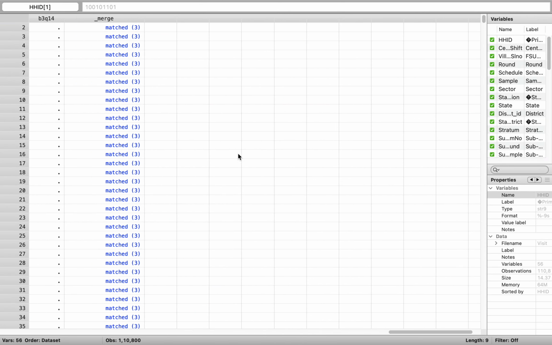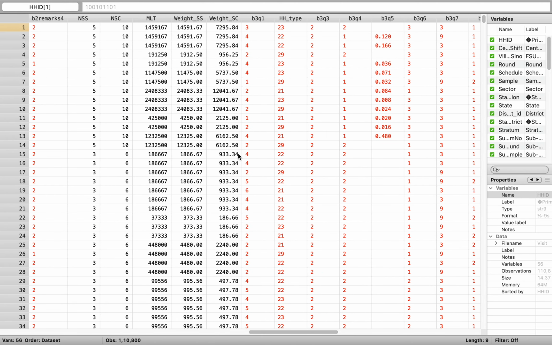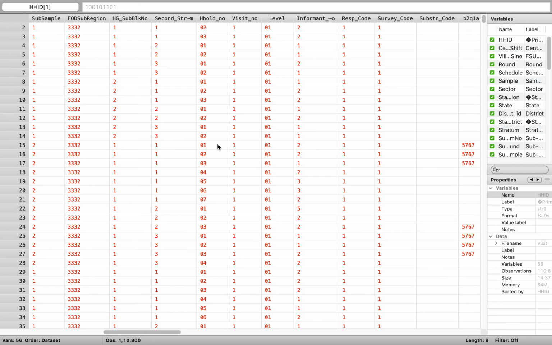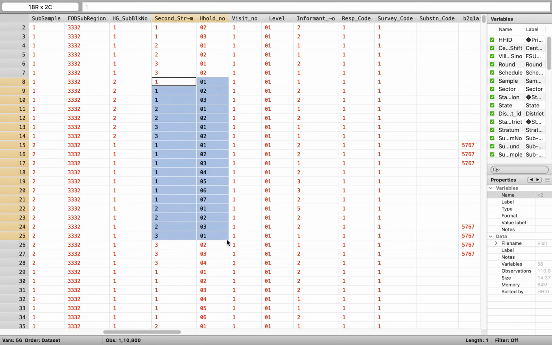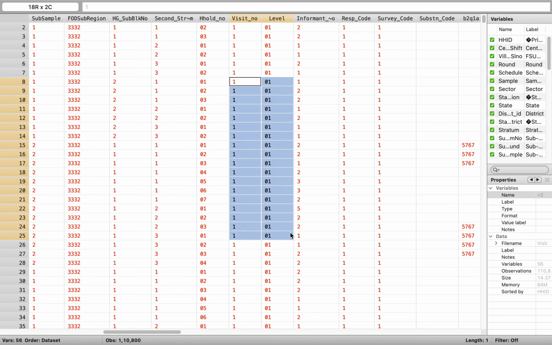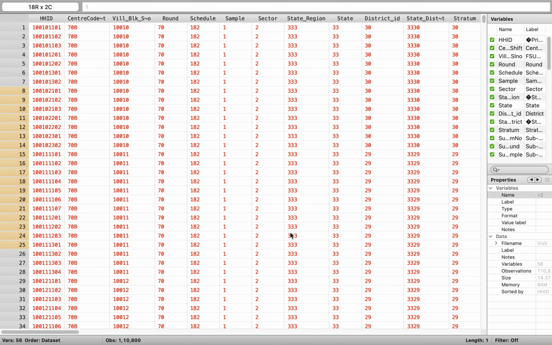Now we have more columns because of the additional information. For example, this many variables we were already having. Now more information has come, like at the front side of this. And it has come because of this HHID. It is a kind of Aadhaar card: family 1, family 2, family 3. It should be unique. It should not be like one here and again one here. It should be totally different, then only it will match.